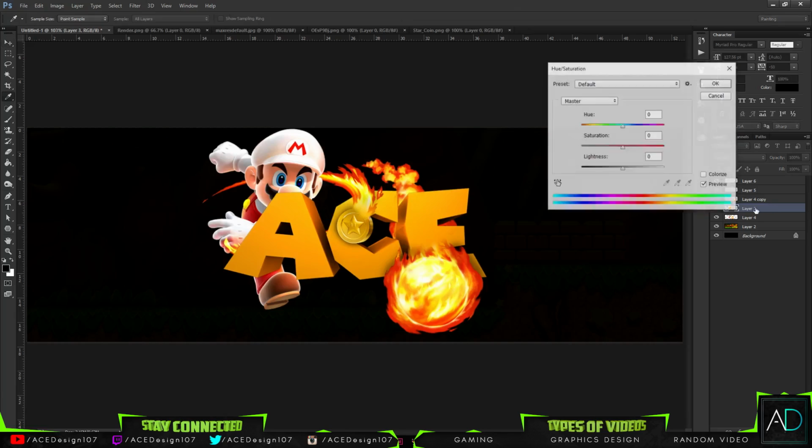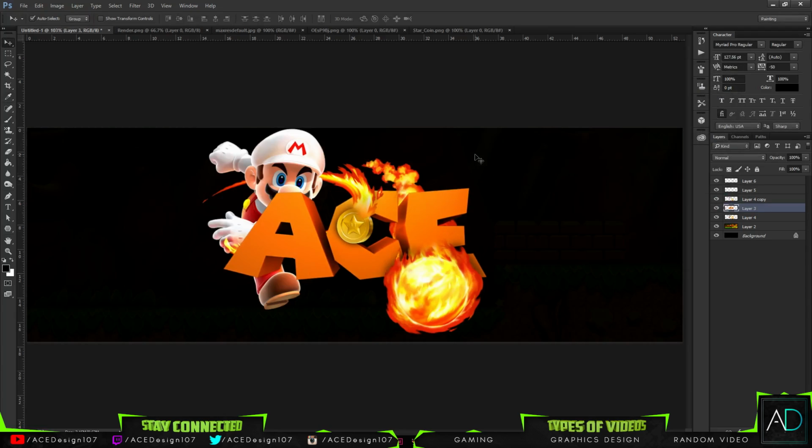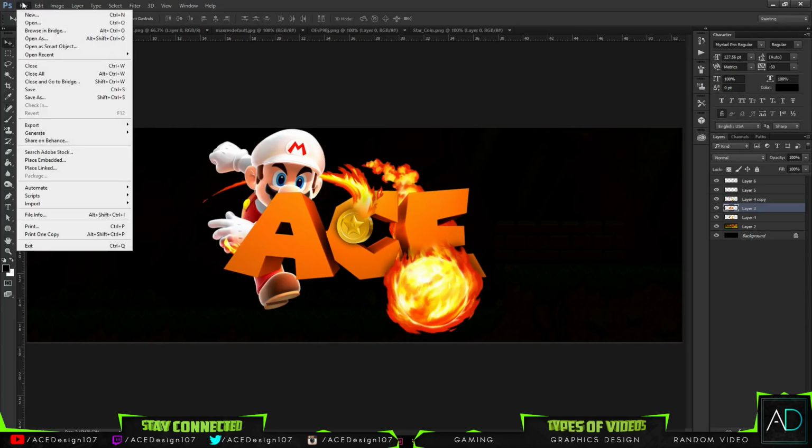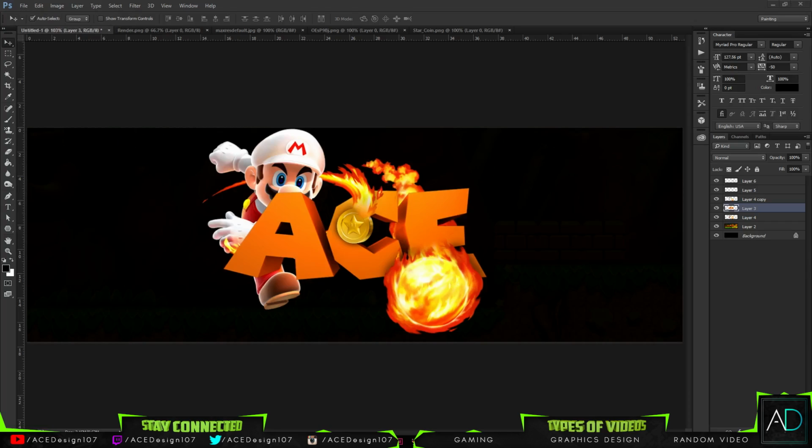So with the actual word, I'm just going to change the color slightly with Control U. And you can get a whole variety of colors really, but I'm just going to change it to a more orangey color than we did in Cinema 4D. Something like that should be nice. Okay, and then I'm going to go ahead and bring in a hexagonal pattern, a hexagon texture. I'm doing this off screen, by the way, so I'm just going to go ahead and find this one,